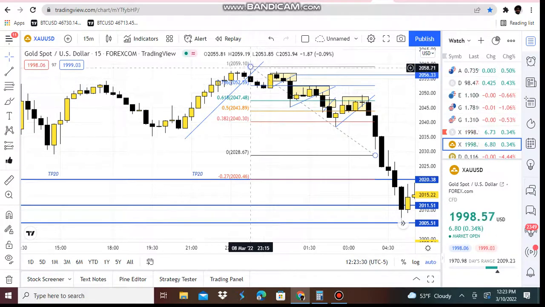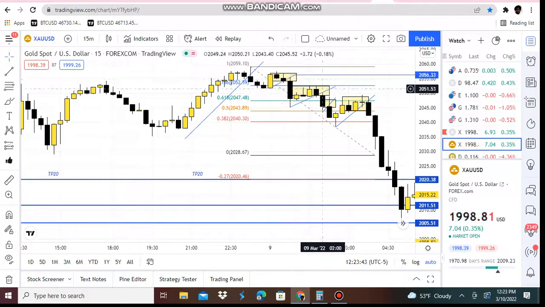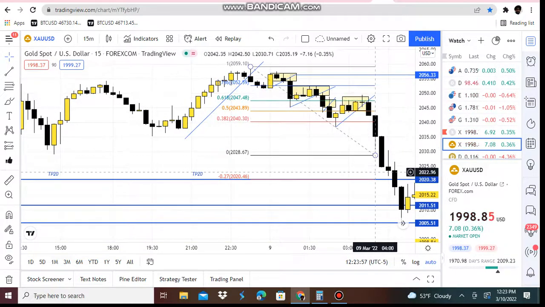It finally breaks this trend line around 2057, goes all the way to 2059, breaks this trend line around 2057, boom, okay, at 0.786 Fibonacci, right? Now, once price breaks this trend line, it will retest back up after making a lower low. It'll retest back up and make a lower high before making a lower low, before making a lower high, before making a lower low, and eventually makes a lower low all the way down to